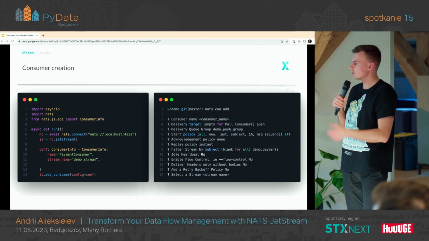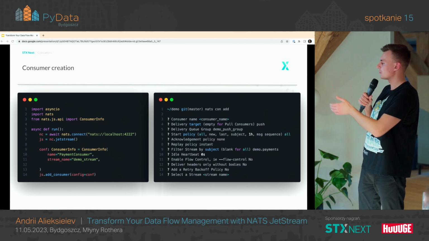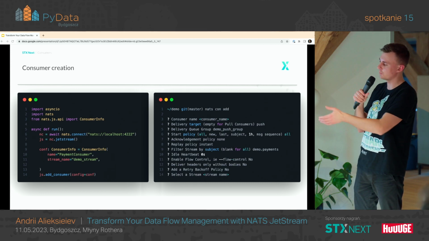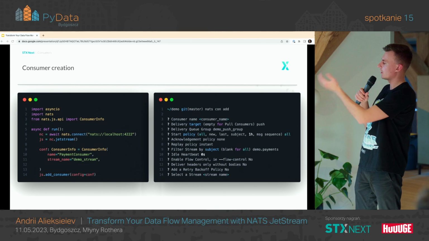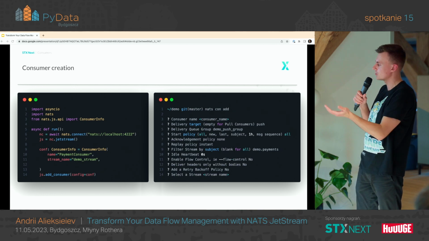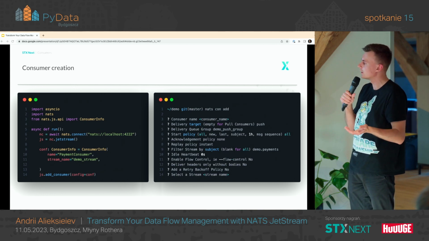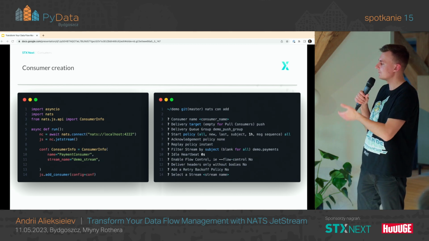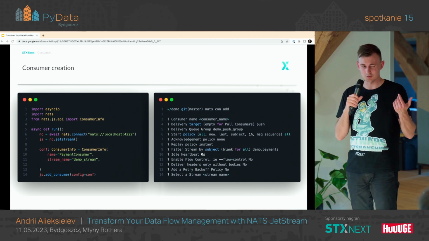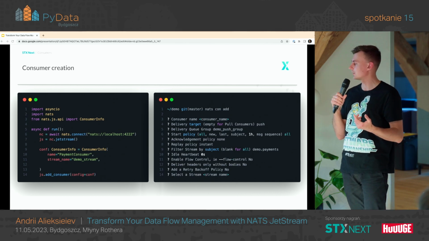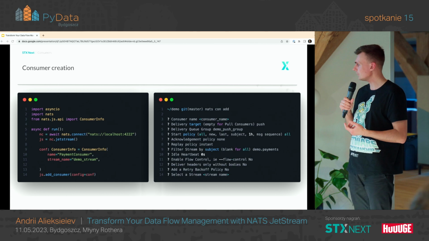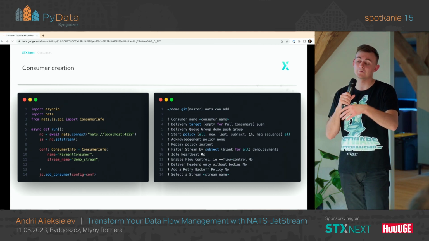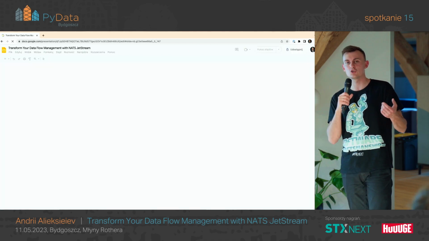Yeah, consumer creation, the same. The slides are pretty much the same as for the stream, but it's also really super easy. You just import the config, you provide all the options, and on the right side you have the options for how you can actually configure your consumer. You can provide the name, delivery target. As I said, NATS supports two types of consumers, push and pull. Delivery queue group: you can specify the queue group, you can have multiple consumers, and you can be sure,